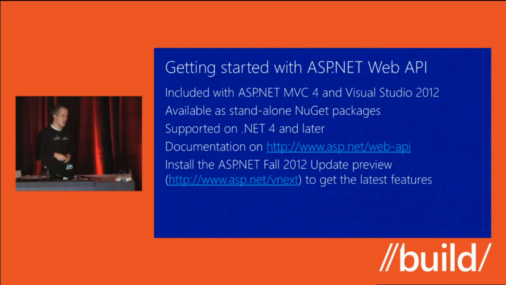So how can you get started with ASP.NET Web API? Well, if you have MVC4 or Visual Studio 2012, you've already got it. ASP.NET Web API is a relatively new framework. It shipped with MVC4, so it's in the box with MVC4. It doesn't have a technical dependency on MVC4, like the MVC bits. It doesn't have a System.Web.Mvc dependency. But that's the ship vehicle. That's how you get the bits.